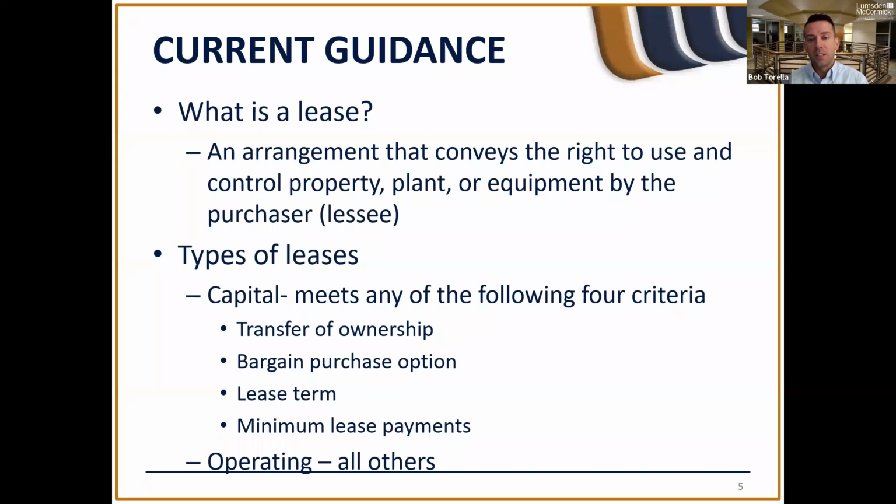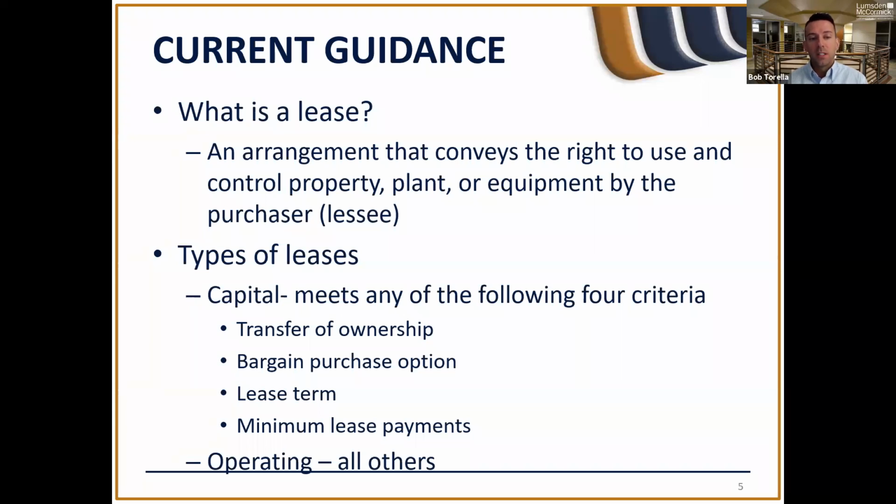The first type of lease is a capital lease. And to be a capital lease, you must meet one of the four criteria. And the four criteria are: the lease agreement has to contain a transfer of ownership. Essentially, the lessee will own the property outright at the end of the lease. Or if it contains a bargain purchase option, let's say you can buy the property for $1 or an extremely discounted price at the end of the lease. That would be a bargain purchase option and classify as a capital lease.